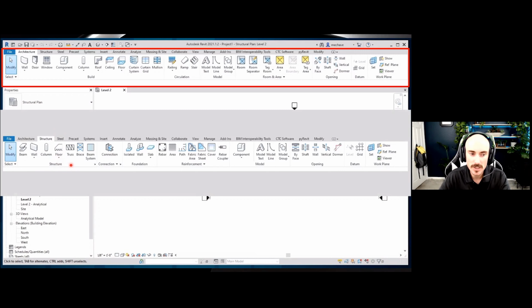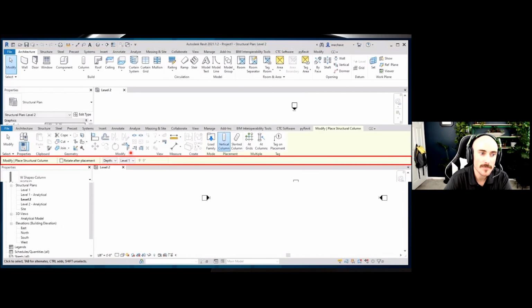They have panels below them like structure, connections. Maybe we're going to take the time to model connections, or maybe even foundations, some reinforcement. Maybe we're not going to cover reinforcement in detail. We want to actually have it modeled in our project. We want to create a bill of materials and schedule that information. We're adding components or maybe openings. These are things that we can add directly into our project. When you hear people referencing things, they'll say it's in the structure tab, under the foundation panel. From there, you have wall command or isolated footing command. That's how these are usually structured. And this is our ribbon tab.